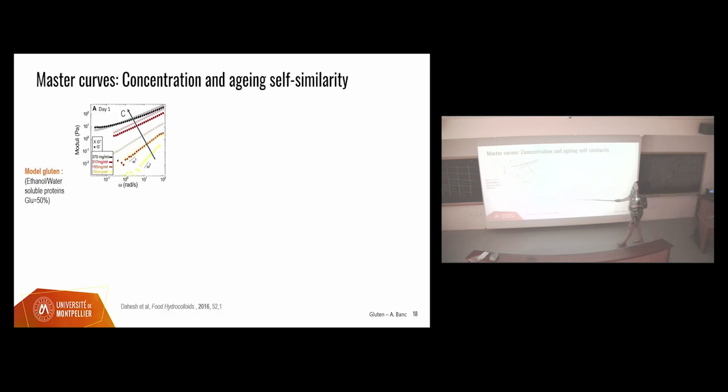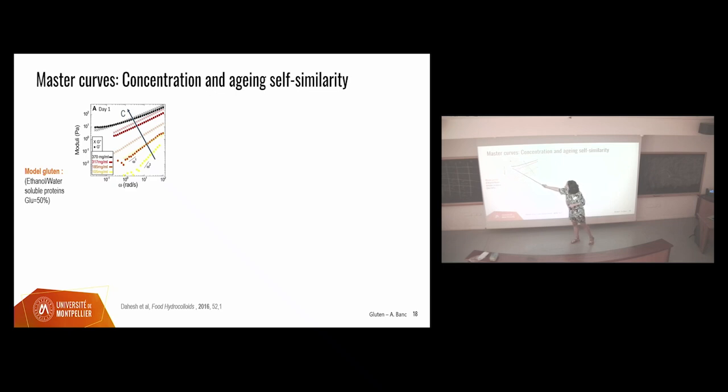I told you that it's a good solvent for gliadin, and that some glutenin can be solubilized in this solvent as well. And we could get a model gluten in ethanol-water, for which we can change the volume fraction of protein in our sample and perform measurements at different concentrations. And here we found that for samples at low concentration, we have a G'' that is over G'. We have a liquid behavior, and as we increase the concentration, we reach